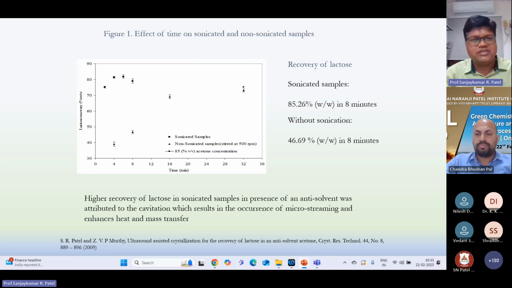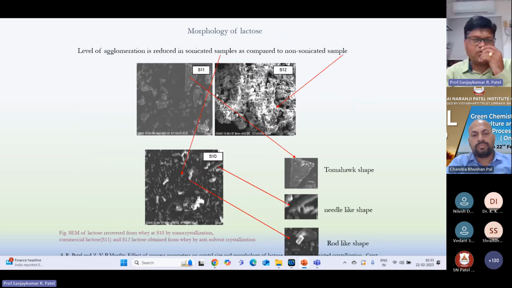So by clubbing the anti-solvent crystallization with the help of ultrasound, we are able to recover this component, around 85.26%, in this much time. Whereas without sonication, in the same time, we could only get half of the crystal recovery. That means this proves that the application of ultrasound in anti-solvent crystallization is useful, and it enhances the lactose recovery. And when we did it on the real wastewater,